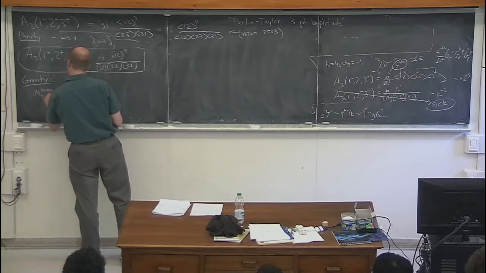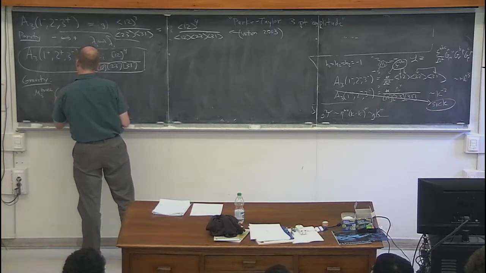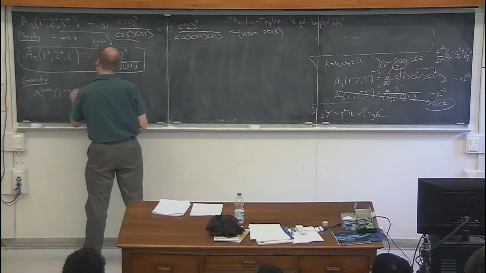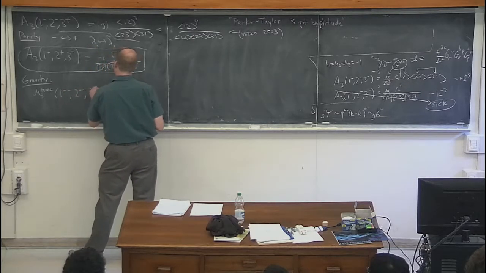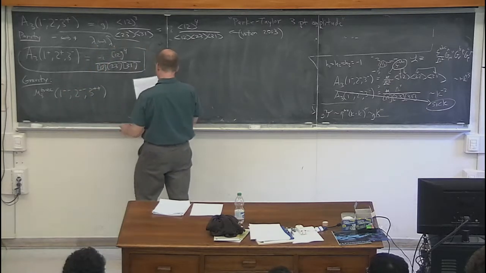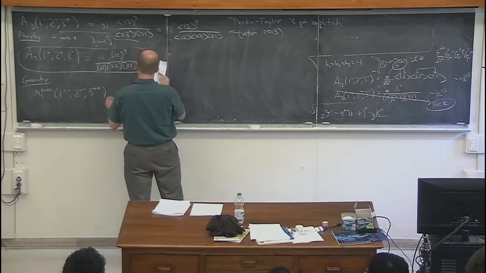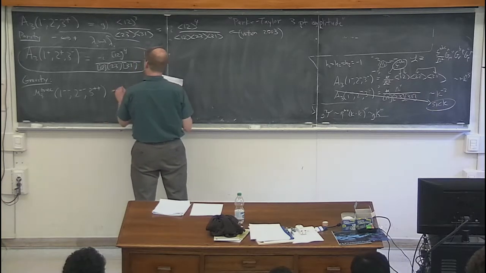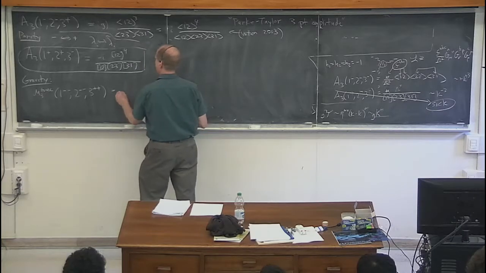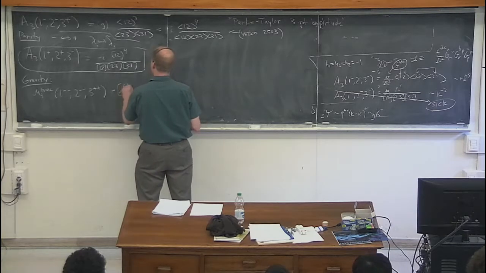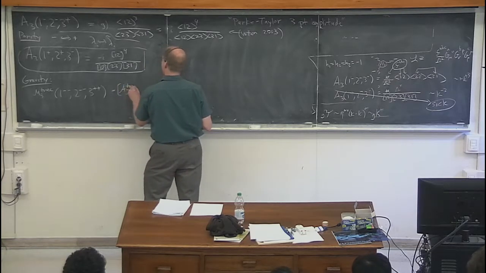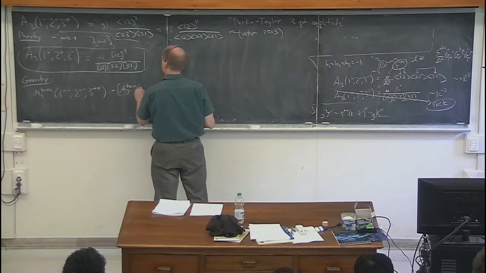So we can just write down M tree 1 minus minus, 2 minus minus, 3 plus plus. This is just a reminder that it's helicity plus or minus 2. So it would be the corresponding tree amplitude for Yang-Mills up here,